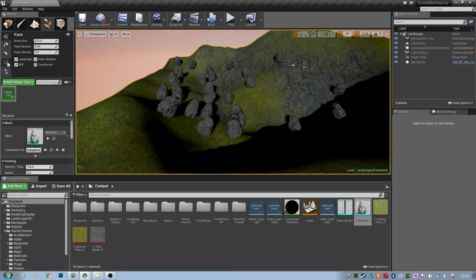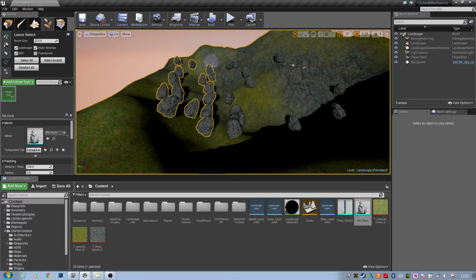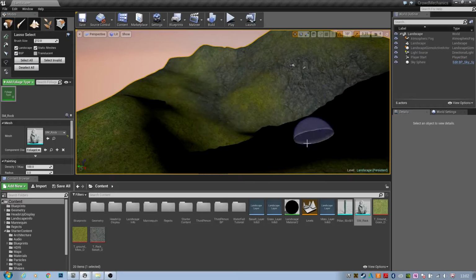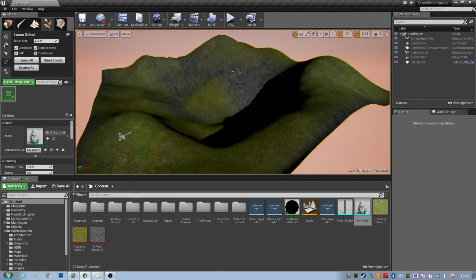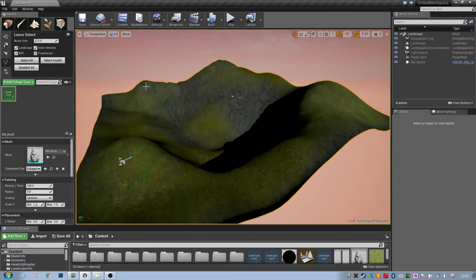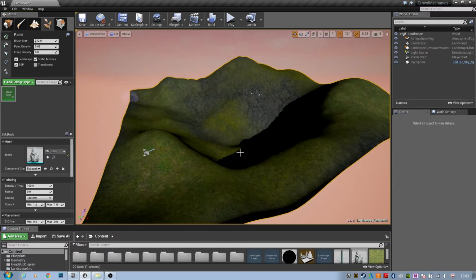If you're wanting to get rid of a bunch of these in your level, you can obviously click on them, or you can go to the lasso select and just go across your level, and just delete them. So if I just switch back to the paint tool,